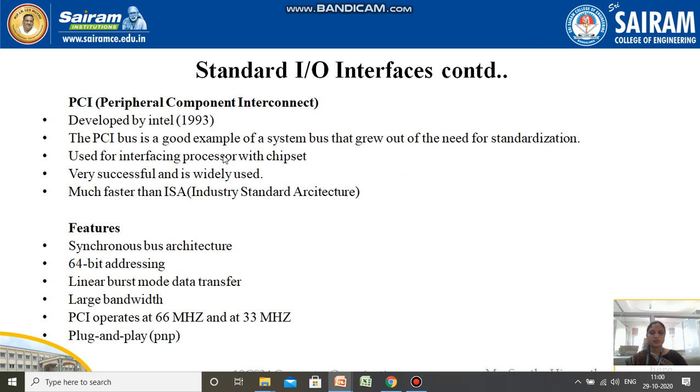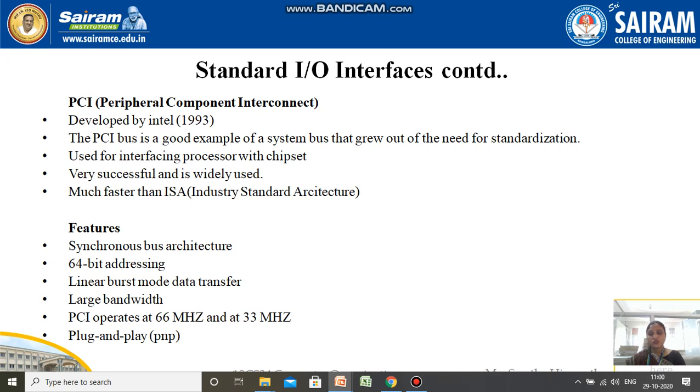First, moving to the PCI, Peripheral Component Interconnect. It was developed by Intel in the year 1993. The PCI bus is a good example of a system bus that grew out of the need for standardization, used for interfacing the processor with the chipset. Very successful and widely used, much faster than the industry standard architecture.